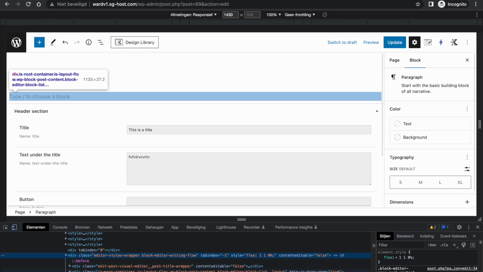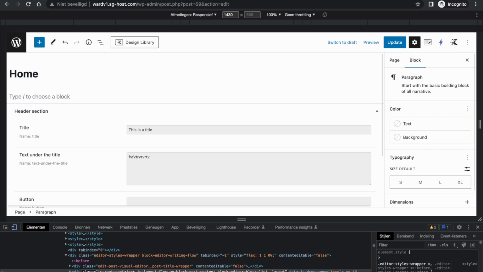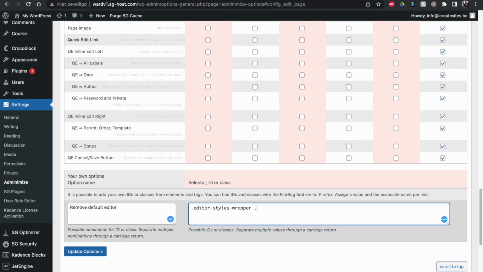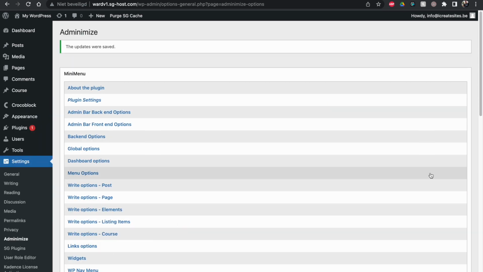So inside this one. This is the other one I want to be removing, so I can check just one of this is okay. Copy and add it here, and then update options,